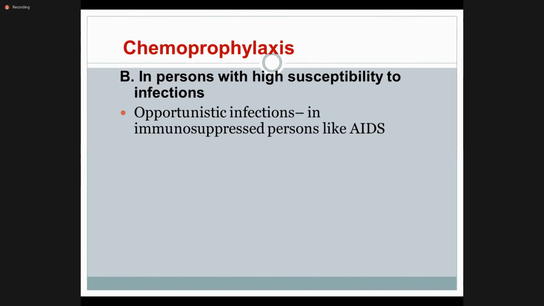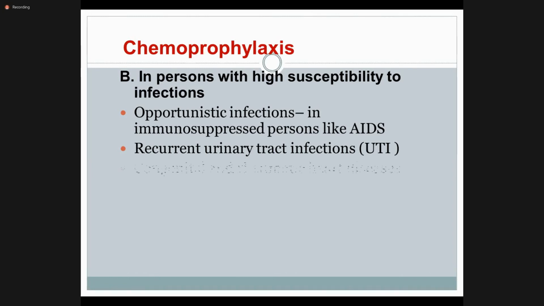Especially, this opportunistic infection occurs in immunocompromised patients. Most AIDS patients have a low CD4 cell count, so immunity is very low. If they have opportunistic infection, especially lung infection, death can occur due to it. So in these patients, we have to monitor closely and avoid opportunistic infection by prescribing appropriate antibiotics. Other indications are recurrent urinary tract infection, congenital and rheumatic heart disease,